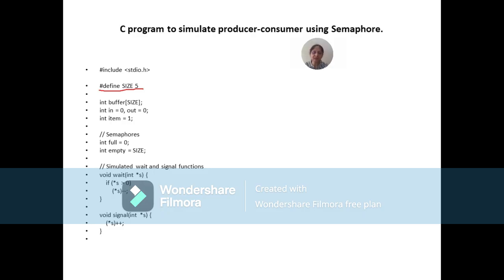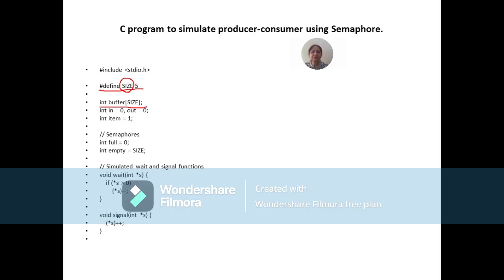The next line, if you see, is #define. This is a preprocessor directive again, and #define is used to define the symbolic constant. Now, what do you mean by symbolic constant? Symbolic constant is a term used when a variable acts as a constant. For example, you see this size. We say #define size, and in front of that we are saying 5. That means now size is going to act like a constant 5. Wherever in our program we are using the word size, that is going to be replaced with the number.